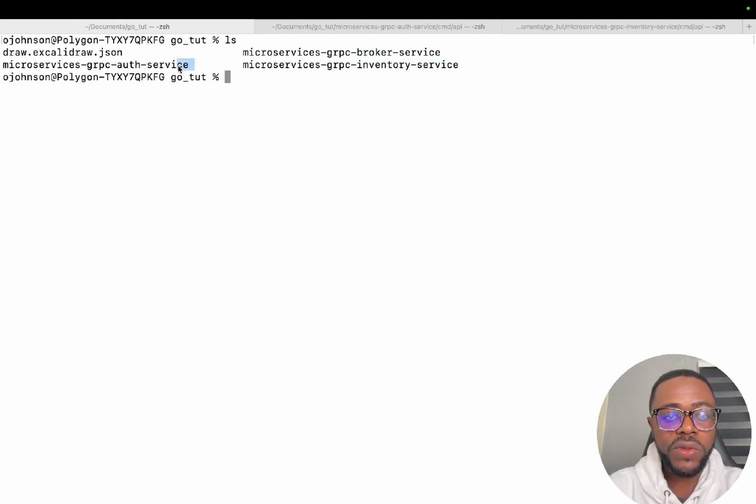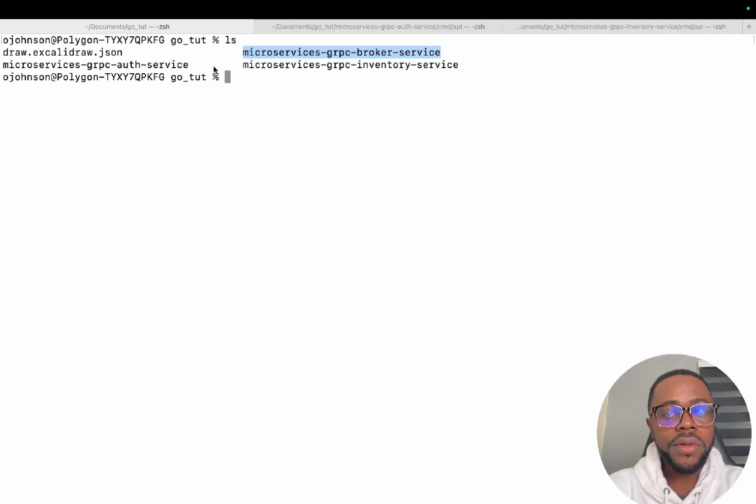So that is what I have in the root of my folder that I'm working with. First of all, let's build the broker and have the binary of the broker, and then we do the same thing for the inventory service, and then the same for the order service, and have these binaries. Then we create a Dockerfile for them and run it using Docker. So first, let's cd into